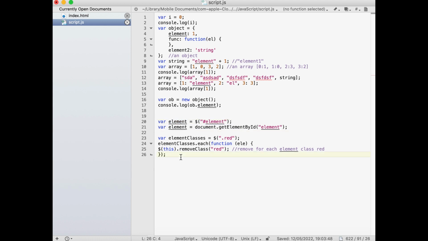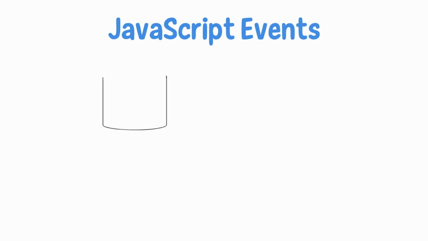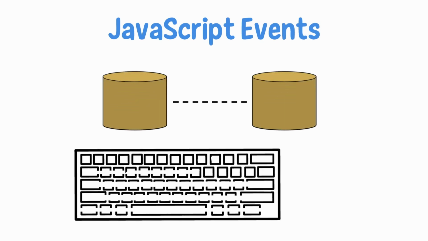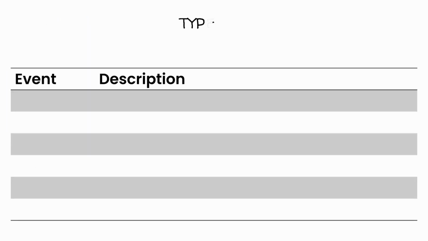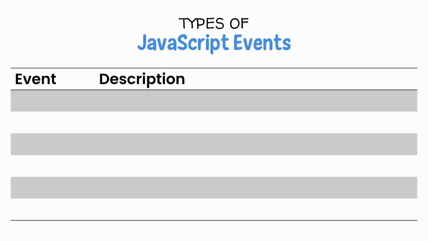What are events in JavaScript? The event mechanisms in JavaScript make it easy for objects to communicate. When certain conditions are met, events are triggered and can be used to trigger actions in other objects. This video explains how events work and demonstrates some typical applications. There are many types of events, but let's check the most often used.